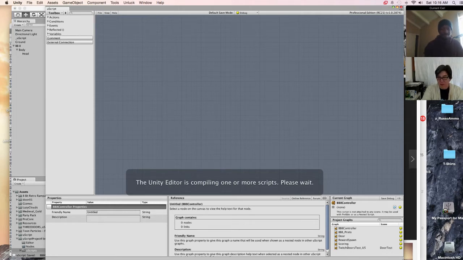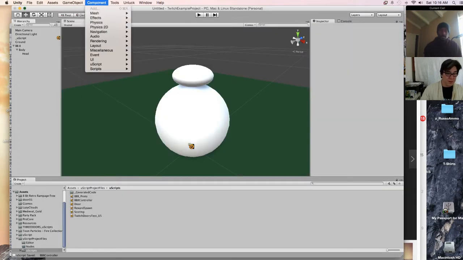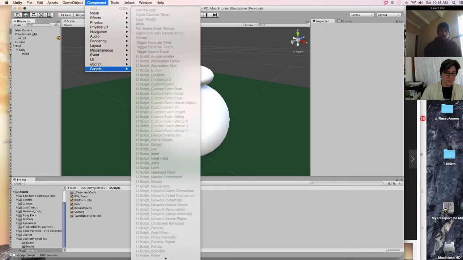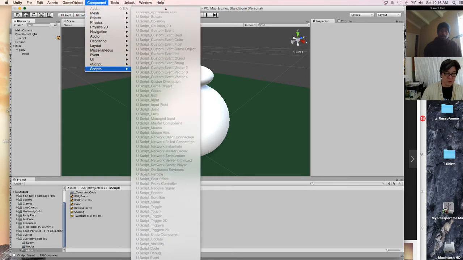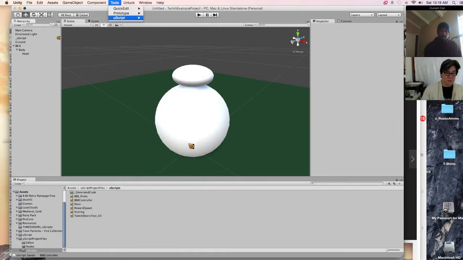So, all right. We got two clear script graphs ready to go, right? So why don't we start with the BB-8 controller? Let's drop a controller script on him. I think I have to actually pull that in.